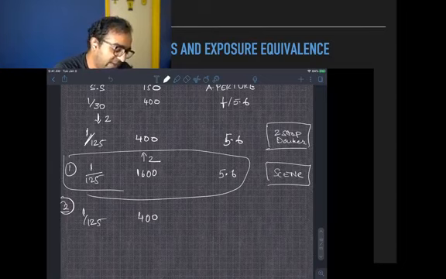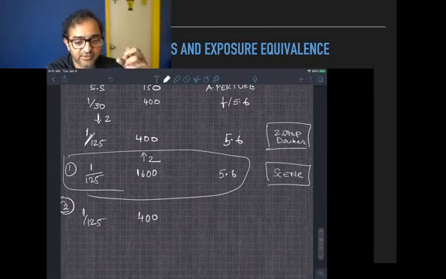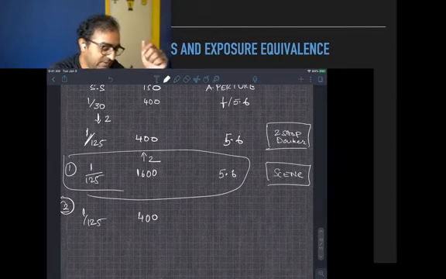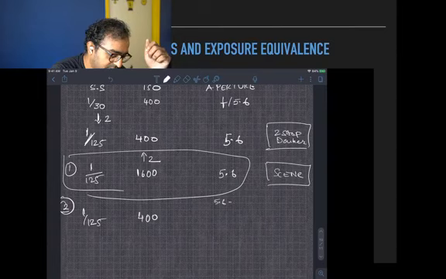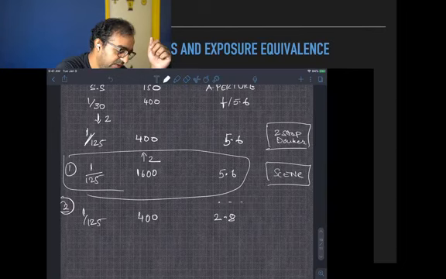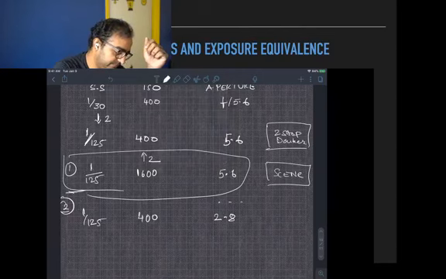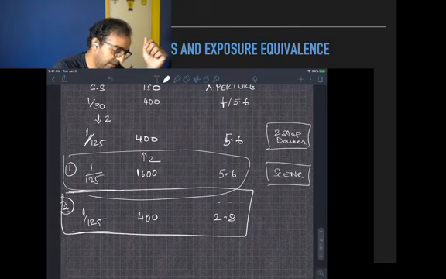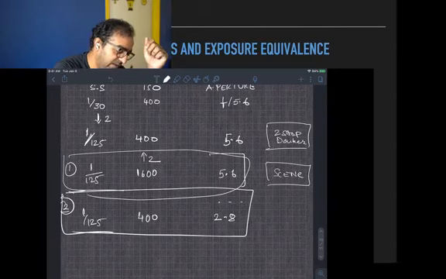So how does the aperture scale work? It's the amount of light, right? So I have to go from 5.6 to 4 to 2.8, right? So this is one stop, two stops. So this is 2.8. I'm just going to erase this. So this exposure, this exposure, and this original exposure are all the same.